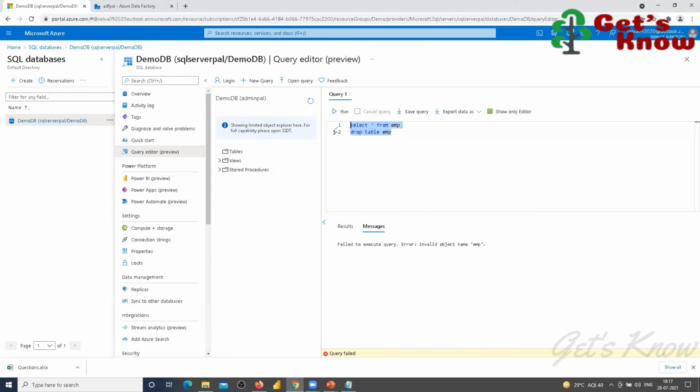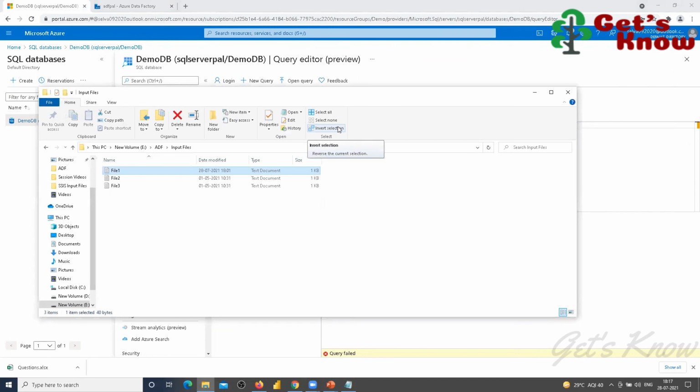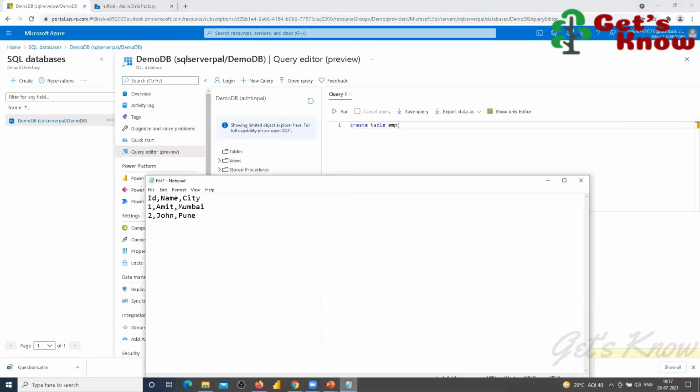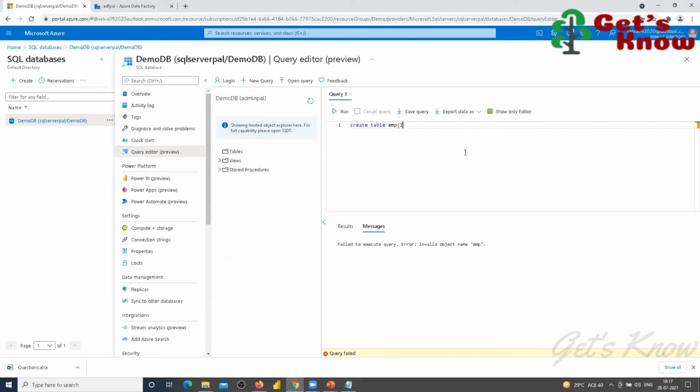Now I'm going to create a new table with create table. The table name, you can give anything. Table name employee. What fields are available here? ID, name, city. ID is going to be integer.